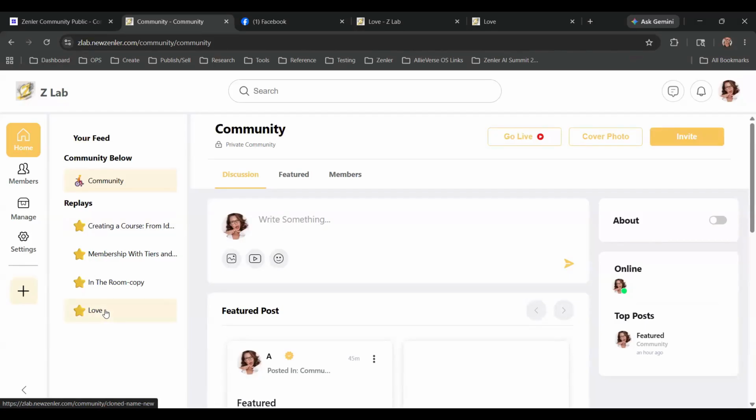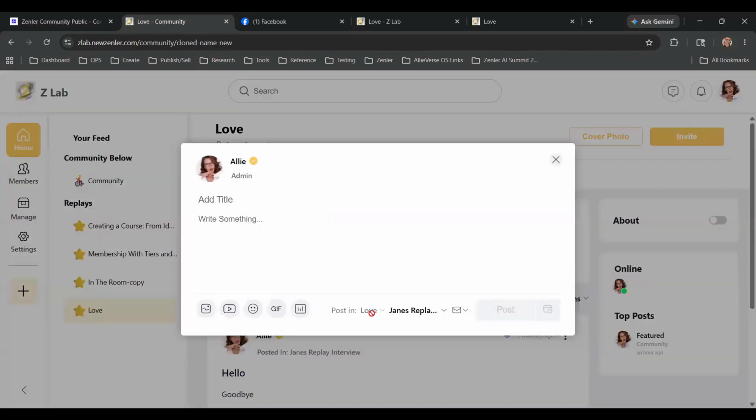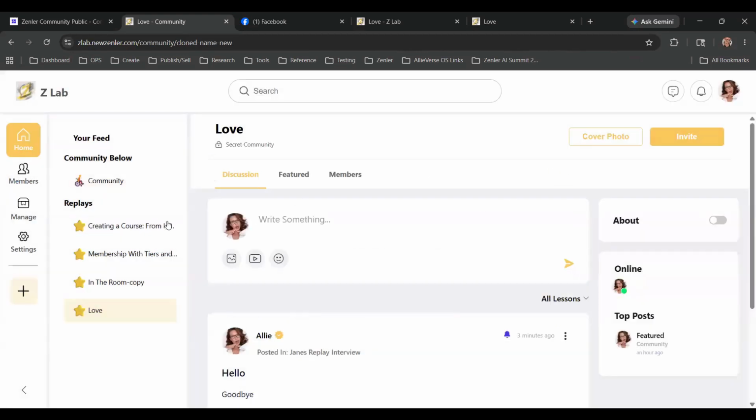Okay. So now when you're in that particular course and you go to post, any of the lessons you have that turned on for is here. So okay, I have that lesson. So now I can post, I can tag it as that lesson. So that's what it does.